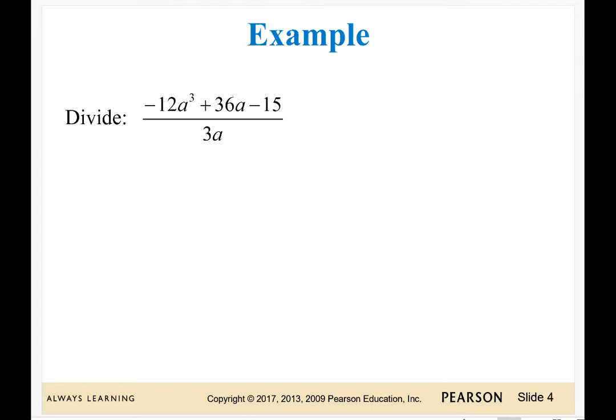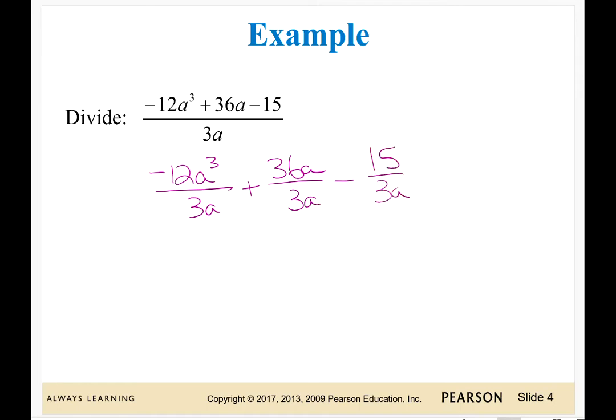All right, so here's your first example. So we are going to take that polynomial of 3 terms. We've got a trinomial. We're going to divide it by 3a. So we're going to rewrite this. We're going to take each term in the numerator and divide it by 3a. Plus 36a, divide that by 3a, minus 15, divide that by 3a. Okay, so just break it into 3 small division problems. And then you're going to simplify each of these problems using all of the exponent rules that we talked about